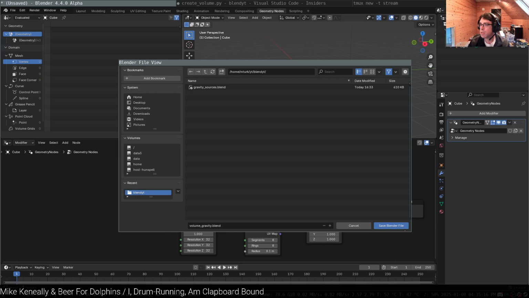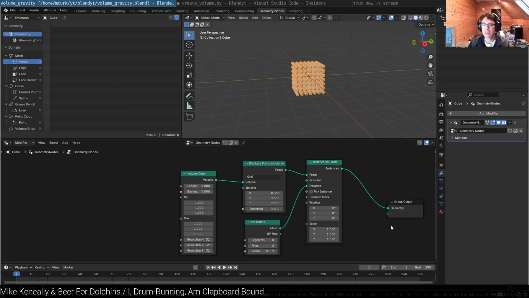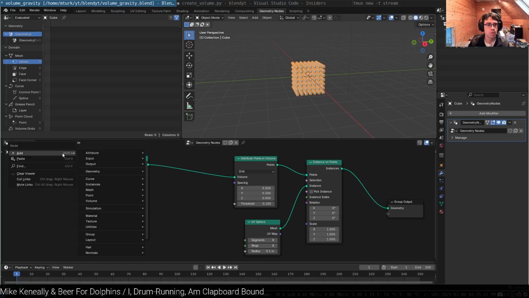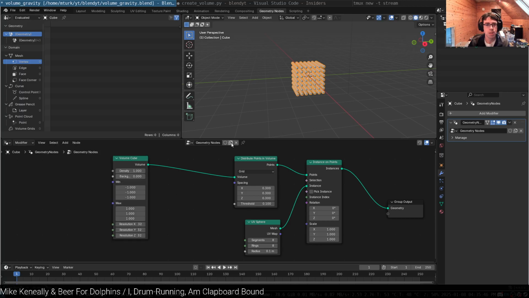What we'll do, why did it not save? Okay, so let's take this. And now I'm going to create a new, I don't remember how to, all right, well, let's just create a new. All right, now I'm in geometry nodes 1. We'll do gravity,